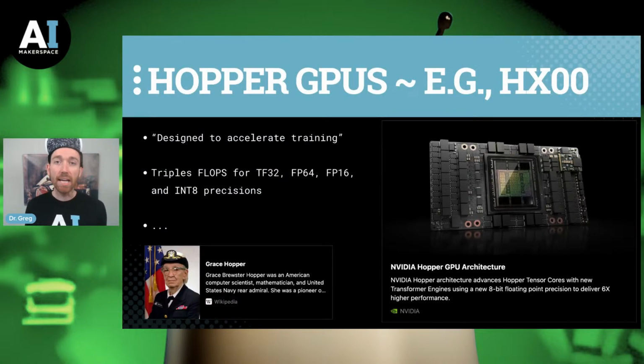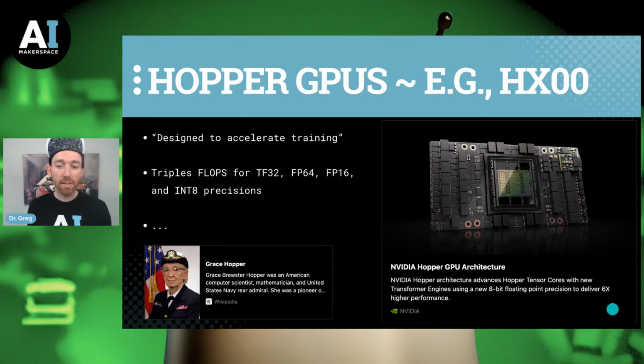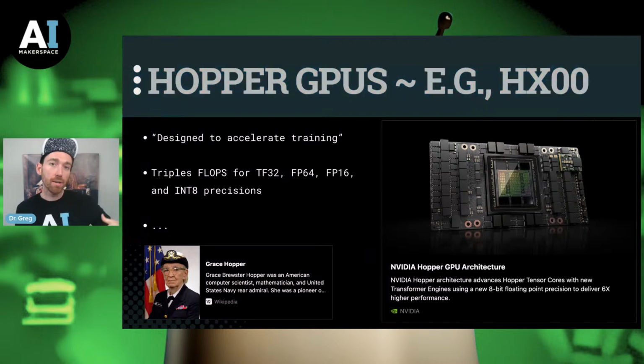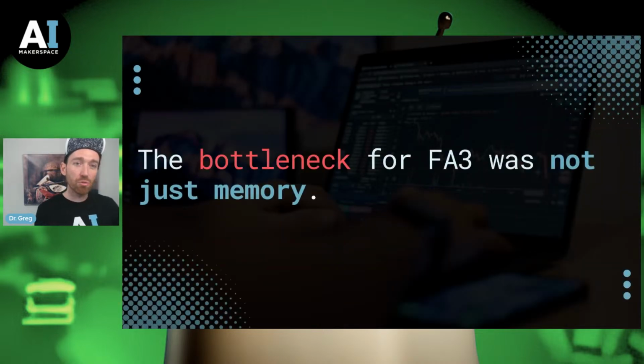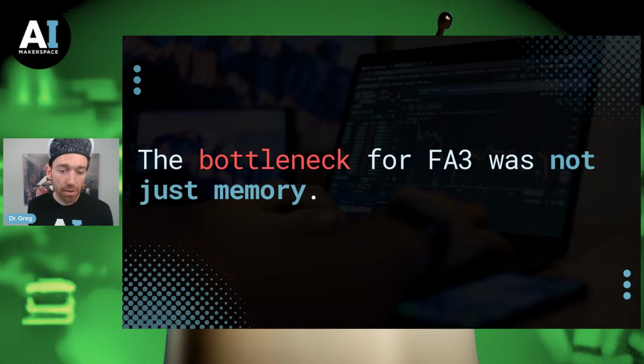And of course, the H100s have become a bit of a standard here. When they were released, they said, hey, there are 5 groundbreaking new innovations and features here. Of course, this past week we've had GTC, and there are even newer GPUs with even newer features that we can hyper-optimize towards even more. And so this idea that in FA3, the bottleneck was no longer just memory or read-writes between HBM and SRAM. It was more than that.